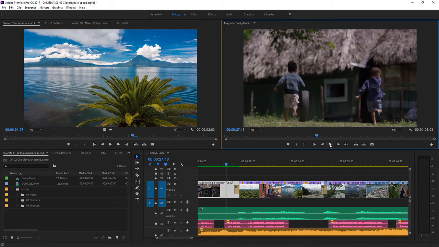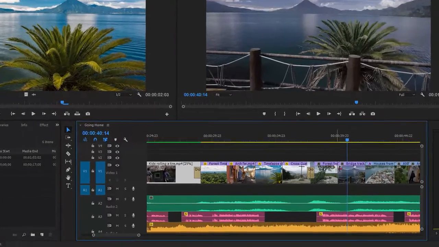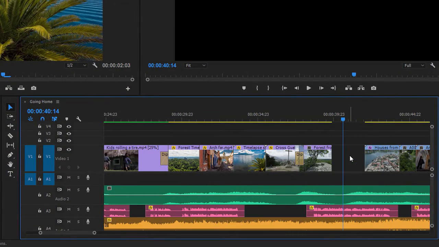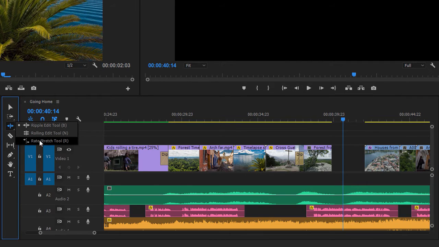Beautiful. There's a dedicated tool for changing the playback speed of clips too. A little later on the timeline here, I'm going to delete this bridge track clip. I'm just selecting it and pressing the Delete key. And now I'm going to select the Rate Stretch tool, which is available by clicking and holding on the Ripple Edit tool. With this tool selected, if I trim a clip by clicking on the end of it and dragging,